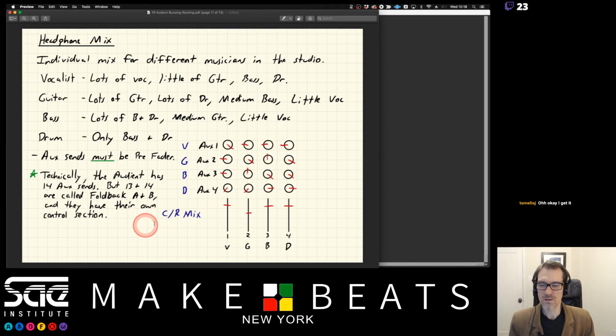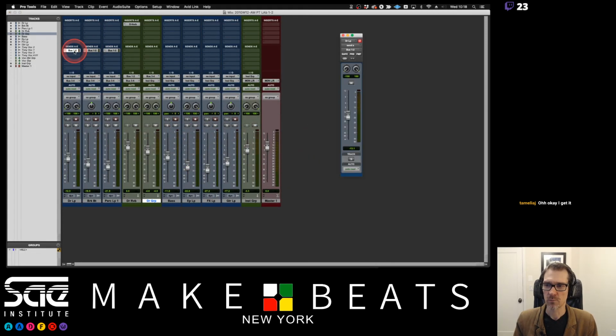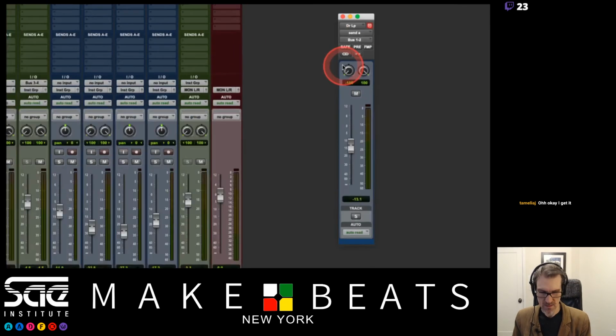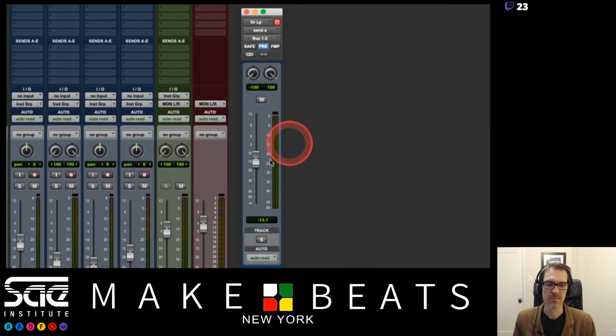what we have to do is we have to make sure that our aux sends are set to Prefader mode, and that's a mode in here. Check this out. If I go into Pro Tools, see this little button right here? It says Pre. That's Prefader mode. Now what this means is that